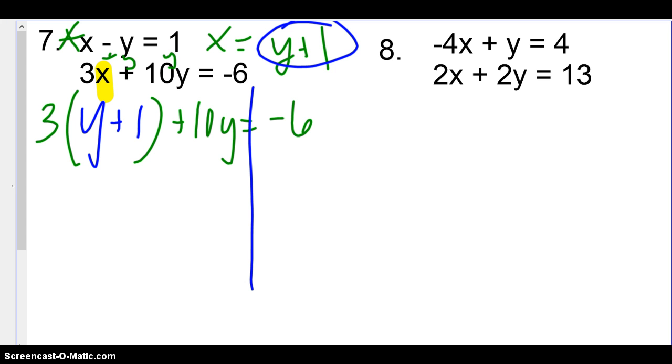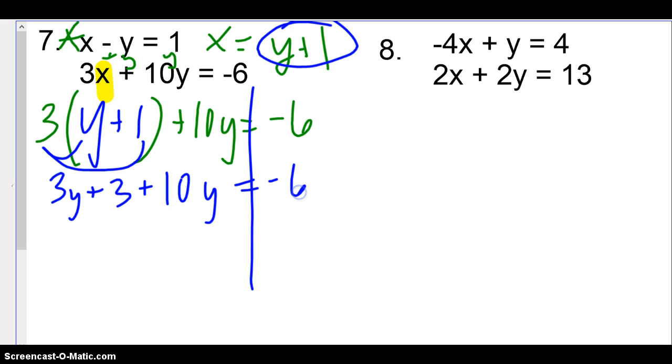If you're okay from here, pause it or just come with me as long as you need to. 3 times y, 3 times 1, so 3y plus 3 plus 10y equals negative 6. Combine your like terms. 13y plus 3. Okay, I'm looking at this thinking this isn't right, and you are going, hey, wait a second,